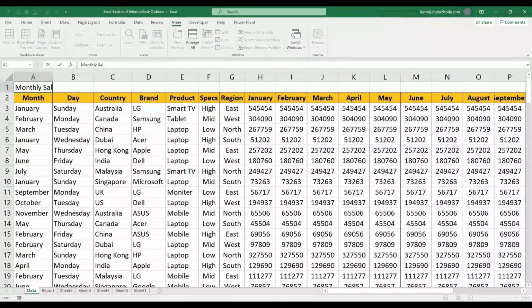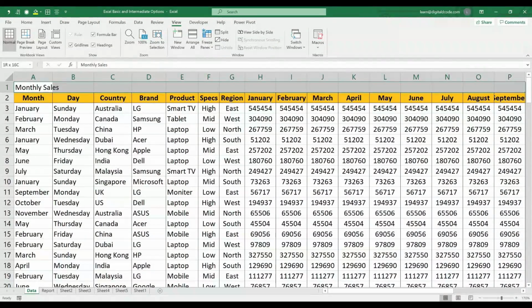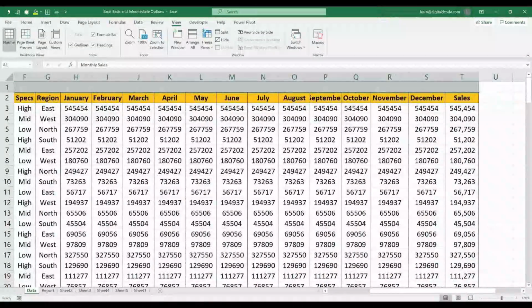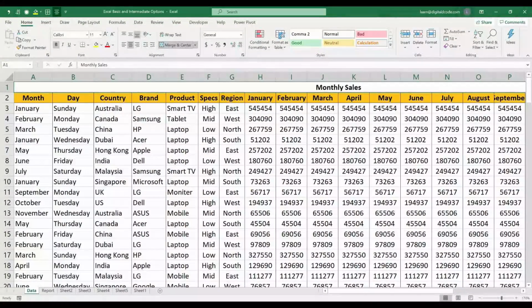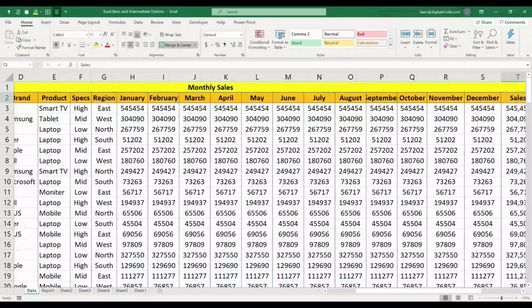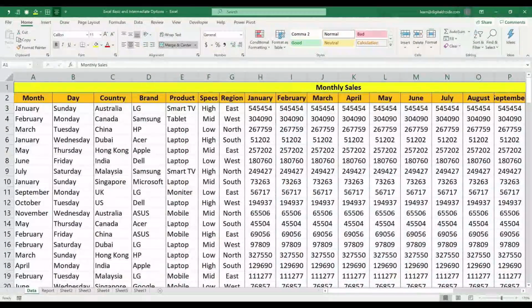Update monthly sales. I'll make it a merged cell, and give it some color. Now I want to freeze both row number 1 and row number 2. So just keep your cursor next to that.